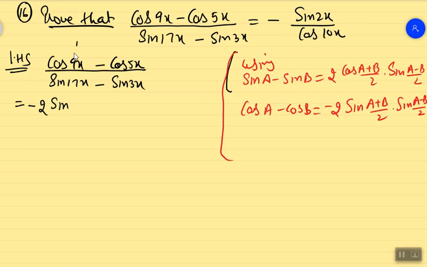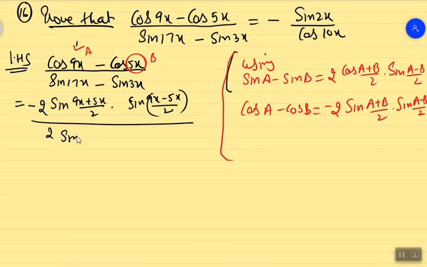This is A. This is B. Now sin (A plus B) by 2 into sin (A minus B) by 2, divided by